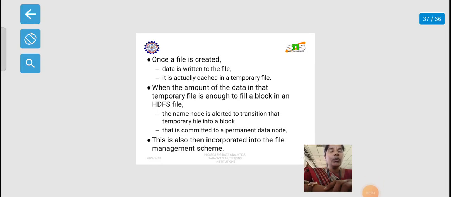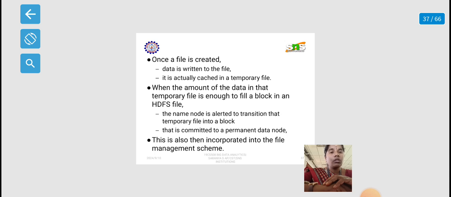Next we continue with the HDFS file. Once a file is created, the data is written to the file. It is actually cached in a temporary file. When the amount of data in the temporary file does not fill a block in the HDFS file, the name node is alerted to transition the temporary file into a block that is committed to a permanent data